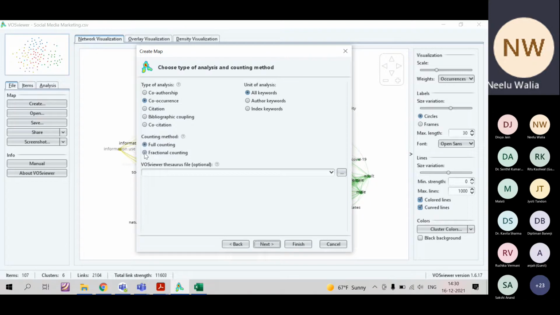Okay. And when you select fractional counting, all of us are aware of this UGC. UGC provides maximum 60% weightage to the first author, and the remaining 40% weightage is divided among the rest of the authors, second, third, fourth, fifth, up till 10th or 20th.